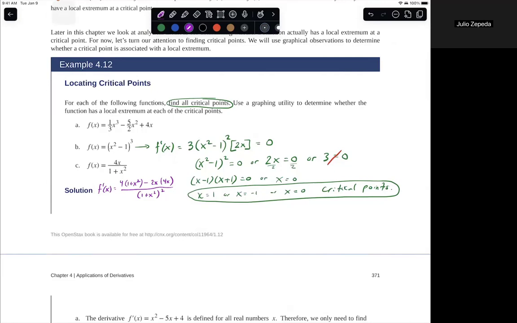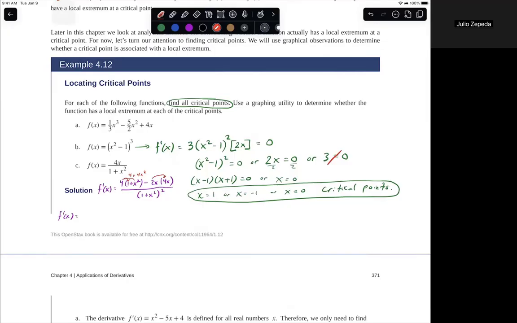There's our derivative function. We can go ahead and clean that up a little bit. What do we get here? Let me write it above here, just so I don't have to write it a bunch of times. This is going to be 4 plus 4x squared